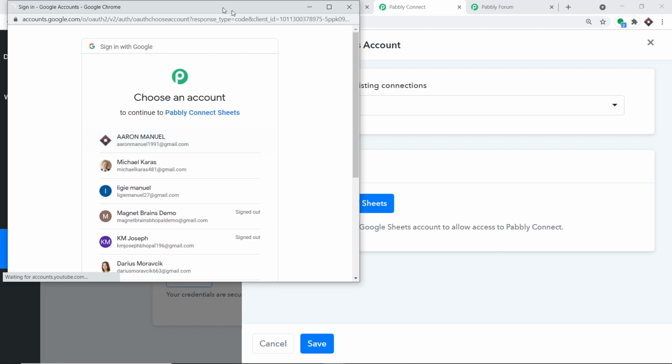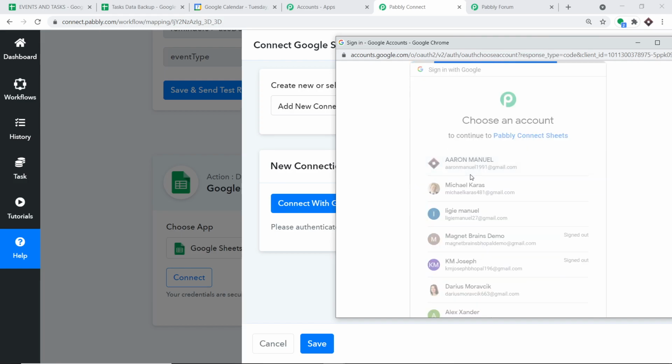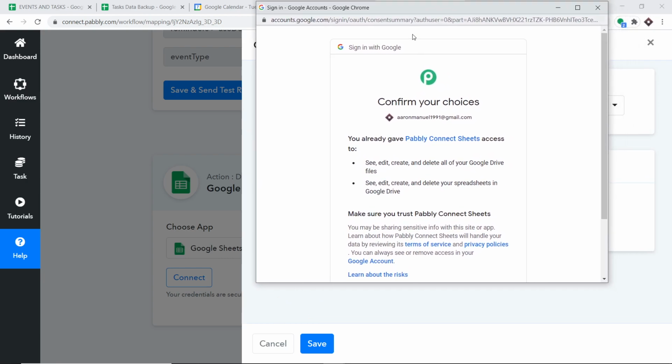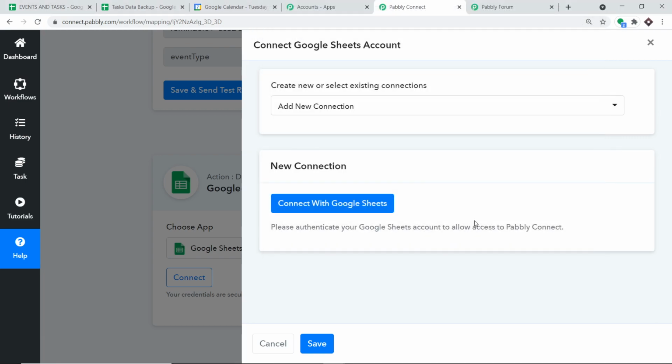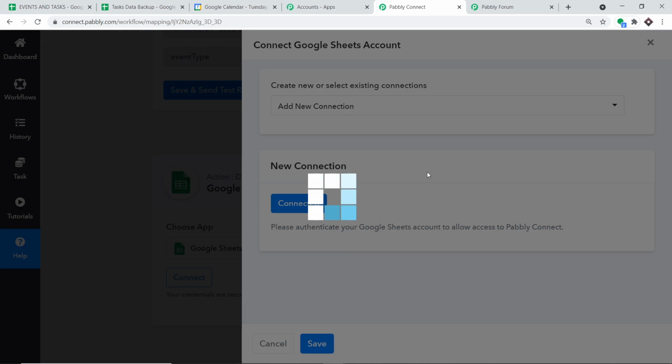So we have to choose an account. Out of all of these accounts, I'm selecting this one. This particular Google Sheet is present in this account, the same account. It doesn't really matter which account the Google Calendar or Google Sheet is present in. You can choose accordingly. In my case, I have the Google Calendar and Google Sheet in the same account, which is not a problem. You can select different accounts for Google Sheets and Google Calendar. Let me just press allow. Of course, your data is 100% secure with this. The authorization is successful, just press OK.